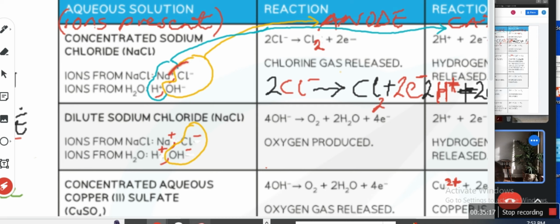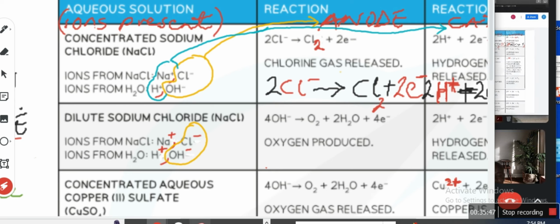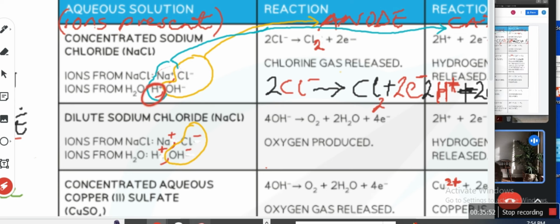The two ions that also went to the anode are chlorine and hydroxide. Which one was discharged? If you look at the equation, for the first one it's chlorine, because it's a concentrated sodium chloride, so there's so much of it. But in the second one it is hydroxide, because it's dilute, so there's a lot of it. But when we come to the metallic ions, the positive ions,